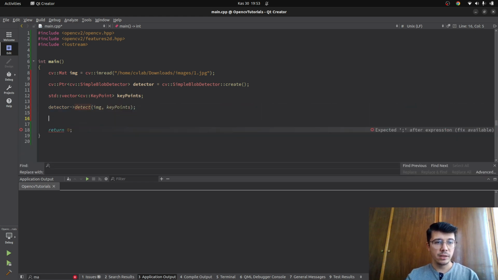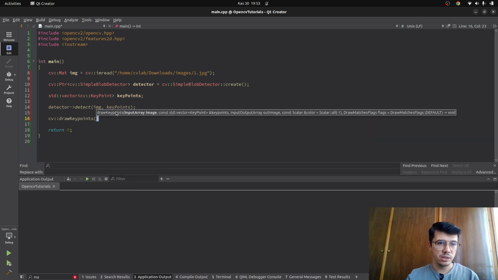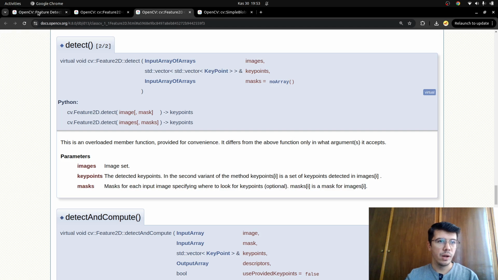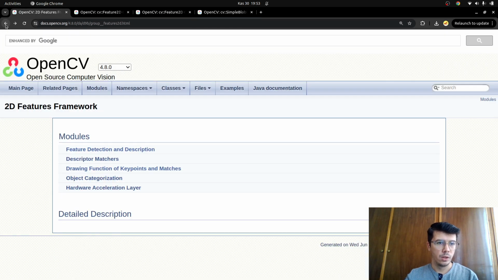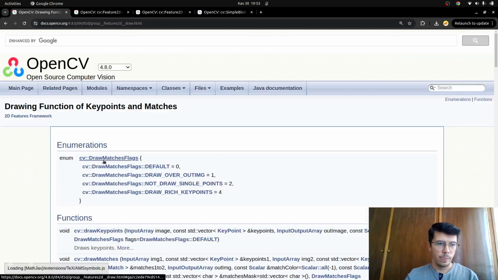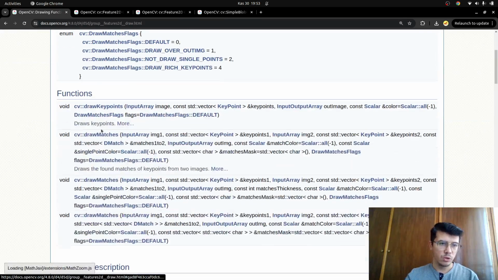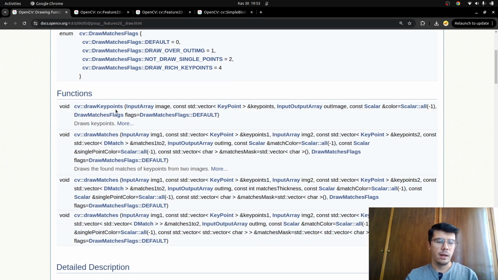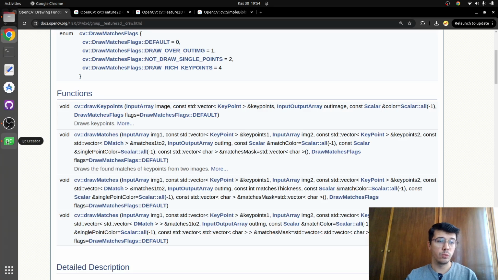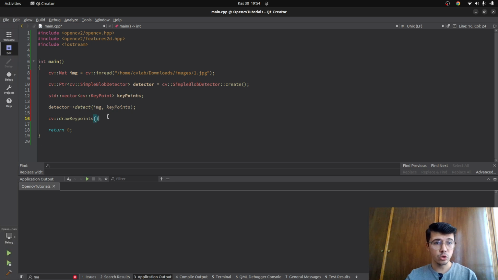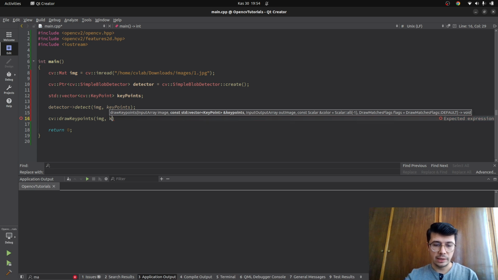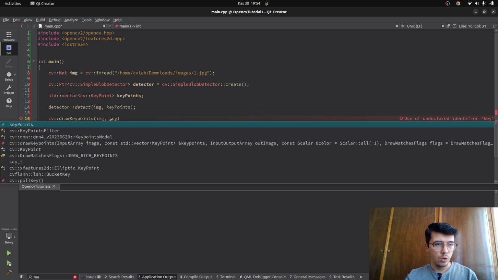Okay, and after that we are gonna call a new function, which is drawKeypoints, and in here, okay, I think here. So another part of this module is in here. This is just taking the keypoints and it gives you an easy way to draw the points. So for just visualizing, for just checking. So we also need this function, and it's gonna get the image, also it's gonna get the keypoints, also the